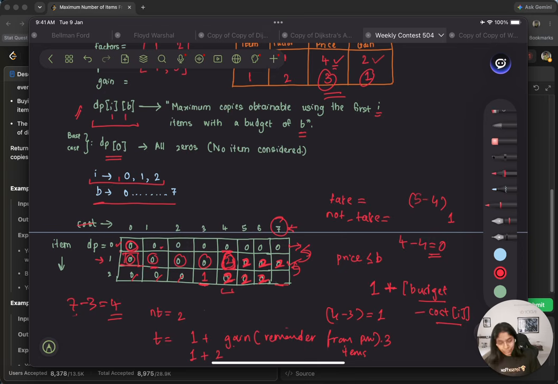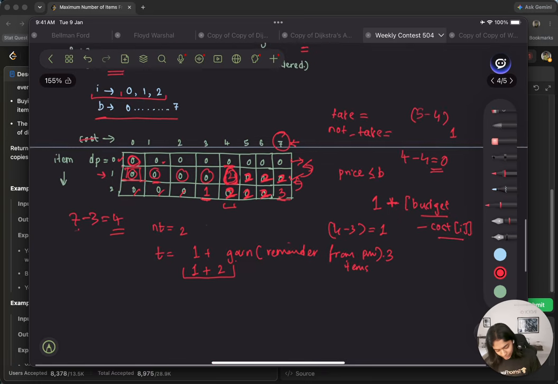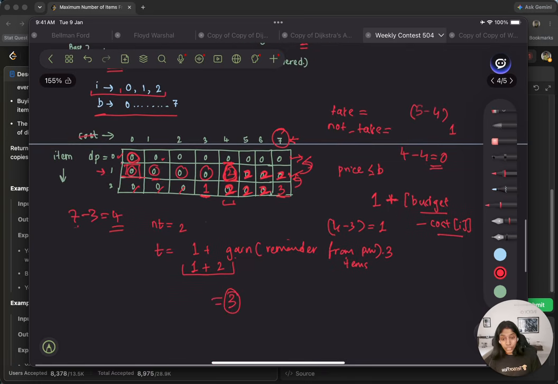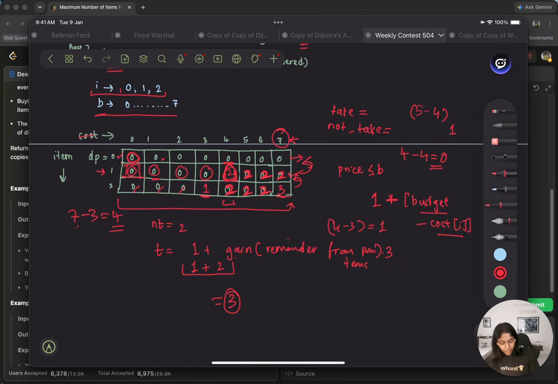So essentially, if I'm taking this item, I can get a gain of 3 because I'll be taking the item itself and the remainder for the item before this and the free item that was giving. So that would essentially have been 3, right? So at the end, we can go ahead and check this array. In this case, fortunately, we have used all of our budget. It could have been the case that the remainder wasn't actually divisible and we couldn't have finished that. So let's say we didn't have a factor of 1,